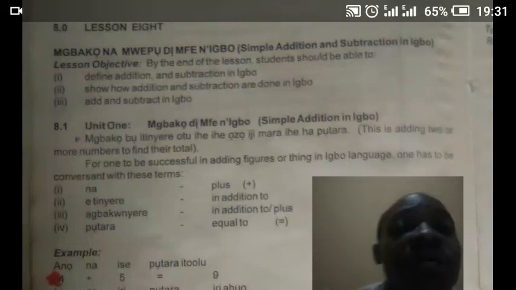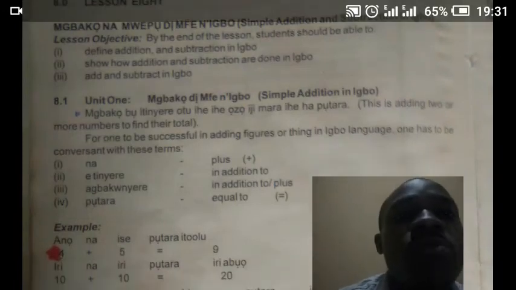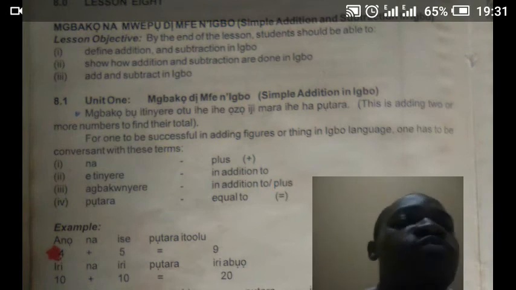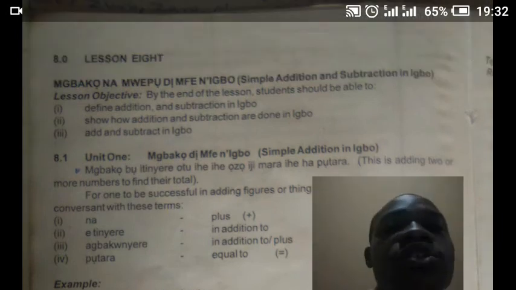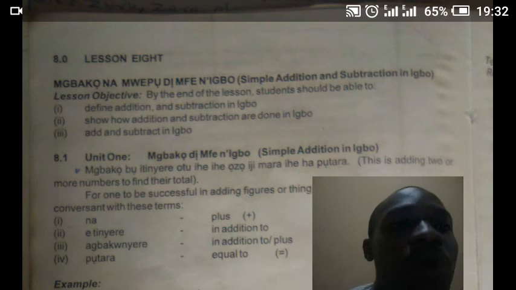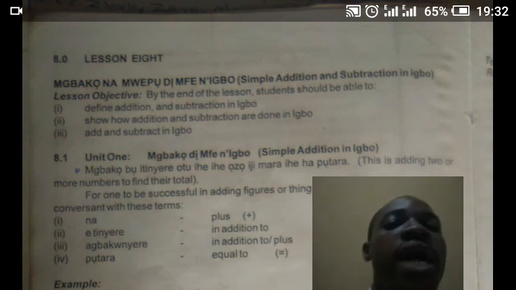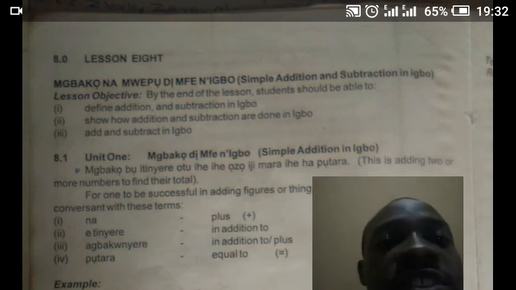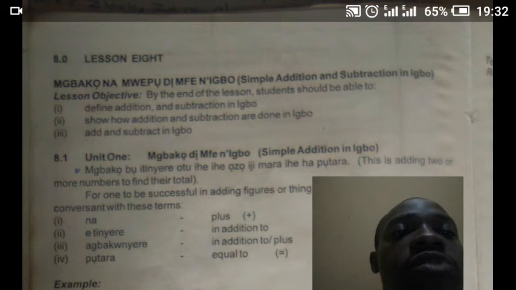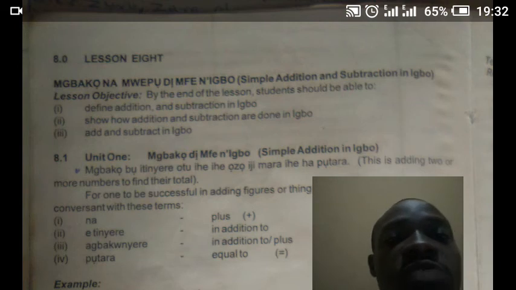Alright, so today we'll continue with Igbo, but now we are talking about addition and subtraction in Igbo language, which is mgbakọ. Mgbakọ means addition. Mgbakọ na mwepu dị mfe n'Igbo. So mgbakọ means what? Addition. While mwepu means subtraction in Igbo. That is simple addition and subtraction in Igbo